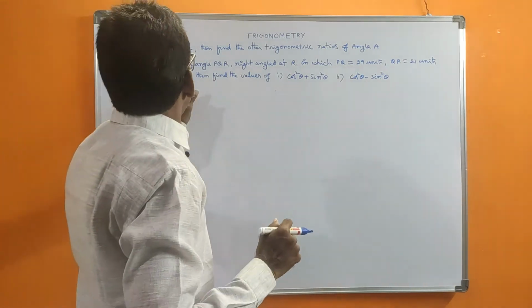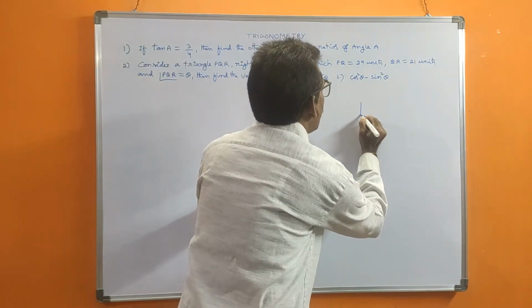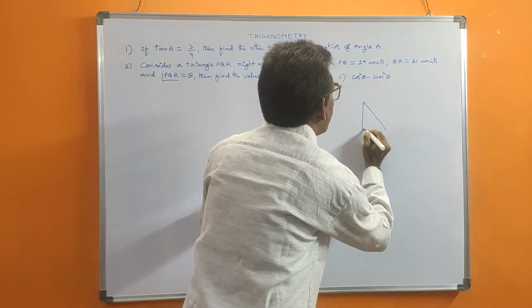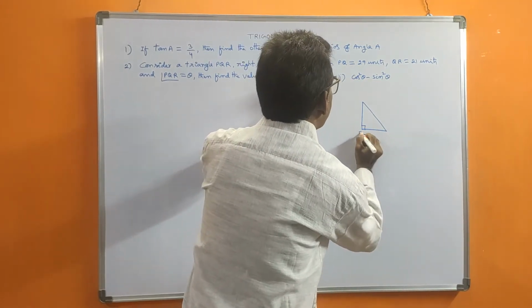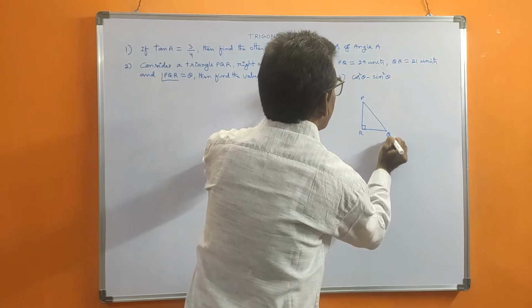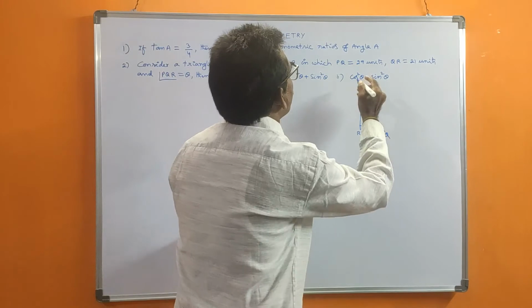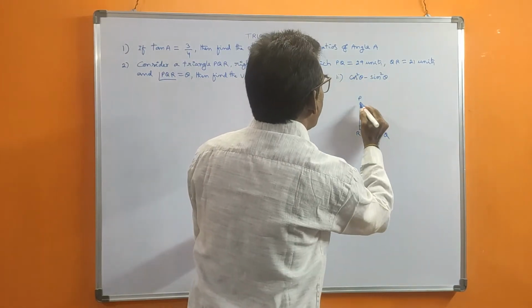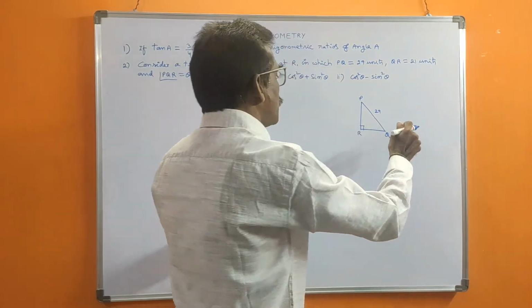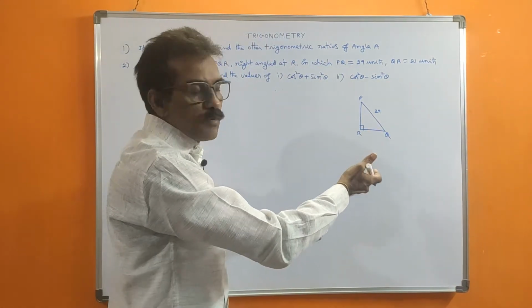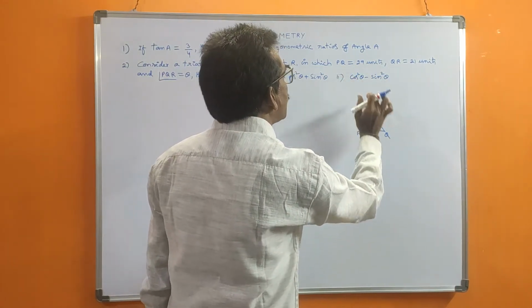Next problem: consider a triangle PQR. That's why you take PQR. Now, PQR with right angle at R, that's why here only you should write. So we can write P here, Q here. Right angle is important, the remaining we can write anyway. PQ, he gave some values also. PQ is 29 units. Units means centimeters or meters or kilometers, whatever it may be, so simply leave off units, 29.